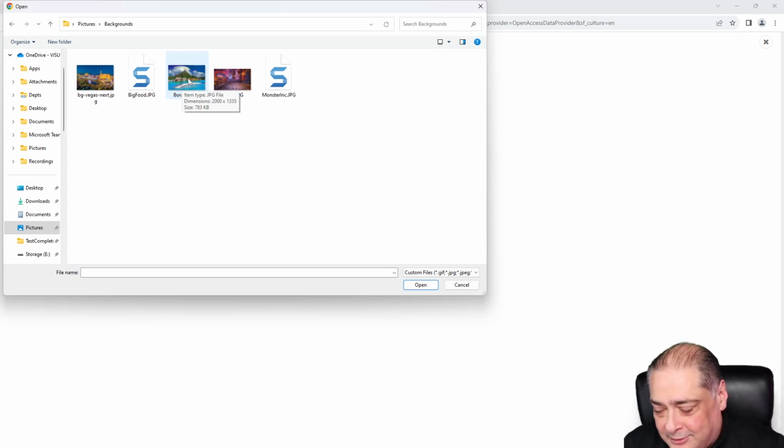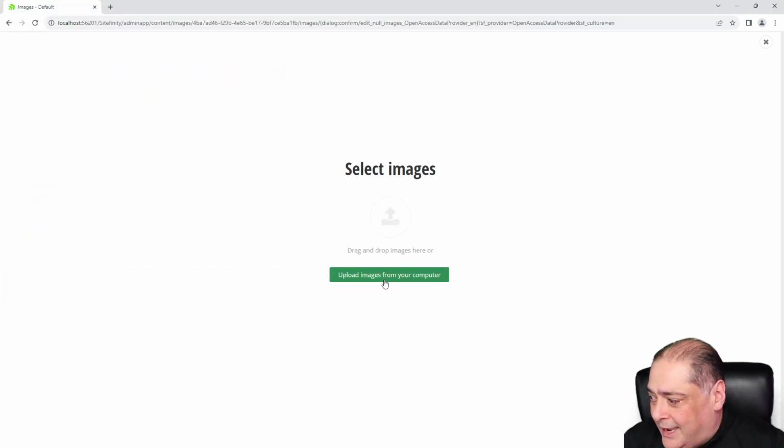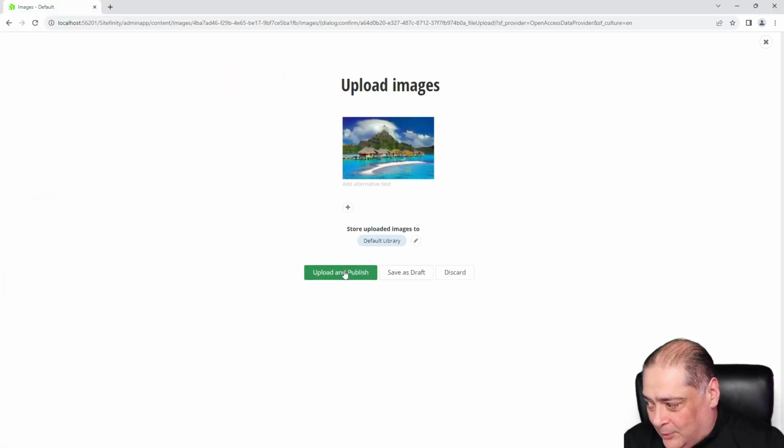It's almost 800 kilobytes, and it's 2000 by 1335, and I do not want to change the size and the dimensions. I just want to change the amount of kilobytes that is being saved and displayed on the page. So I'm going to click on that 783 kilobyte file. We'll say open. And once I say upload and publish, it's trying to go to the database, but there is a file processor for things that have a JPEG extension. So instead of going directly to the database, now there is an API